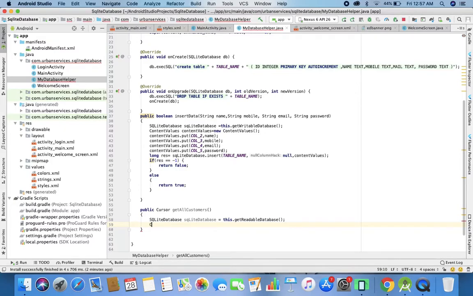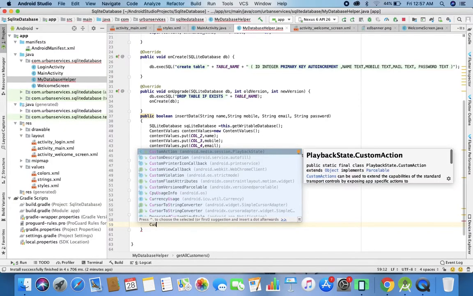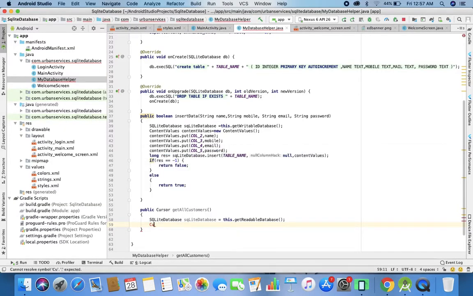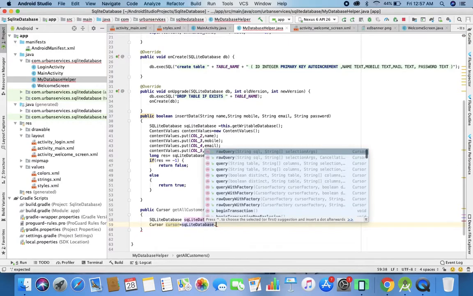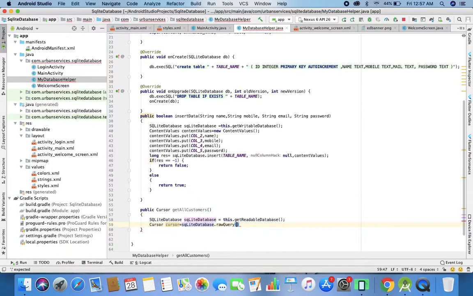Then I'll create the object of Cursor. So this cursor is equal to the SQLiteDatabase dot rawQuery, and then